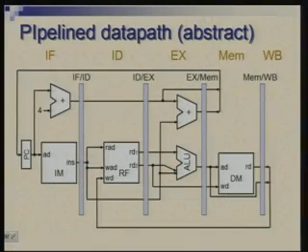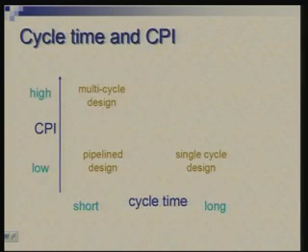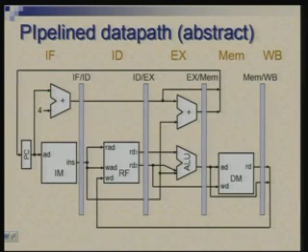Okay. Now, how do we design a pipeline data path? You see in this picture, all that I have done is I have taken the same data path of the single cycle design. As I mentioned, I am omitting the multiplexers and some small details, just to show broadly the flow of the information. So, same diagram I have taken and introduced